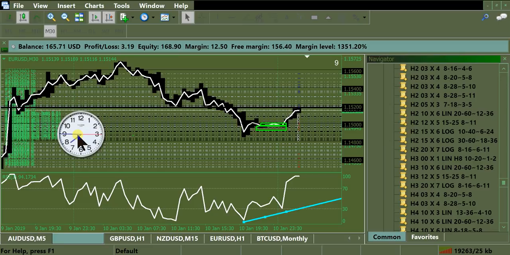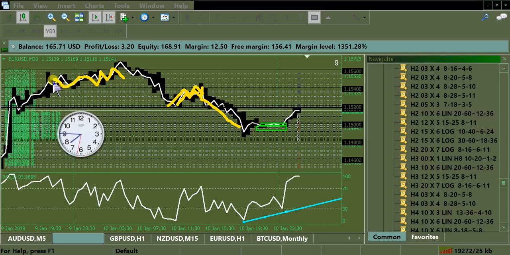I couldn't change the settings. It's putting a buy stop and a sell stop, and I get it that it's going to make money when this happens, but it'll get killed when this happens, right? It's going to get killed on this. So 80% of the market, it's going to get killed. I don't know how he's even making money on it. He says he runs it on the Dow Jones or something.